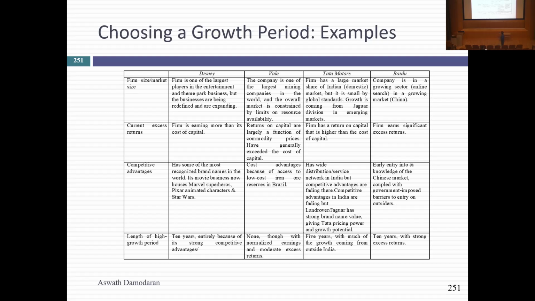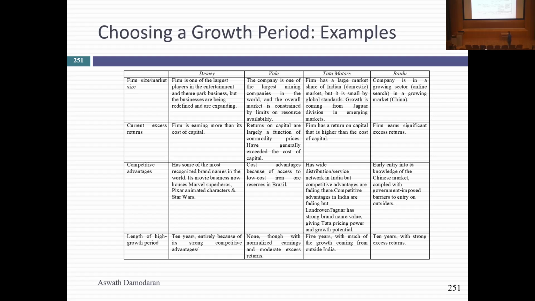I did give them a 10-year growth period, but not a high growth rate. It was about 6.8%. So I'm not getting carried away, but I'm saying I think they can maintain that because of their competitive advantage. So in spite of being a large company in a pretty mature market at that time, I thought they could get to 6.8%.